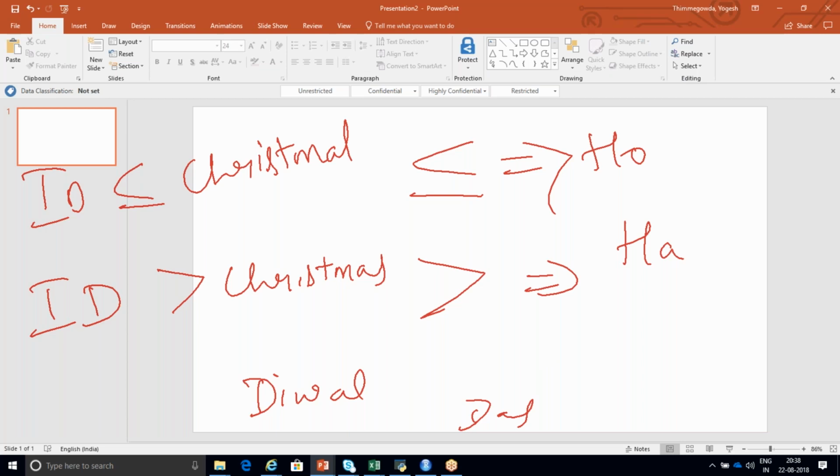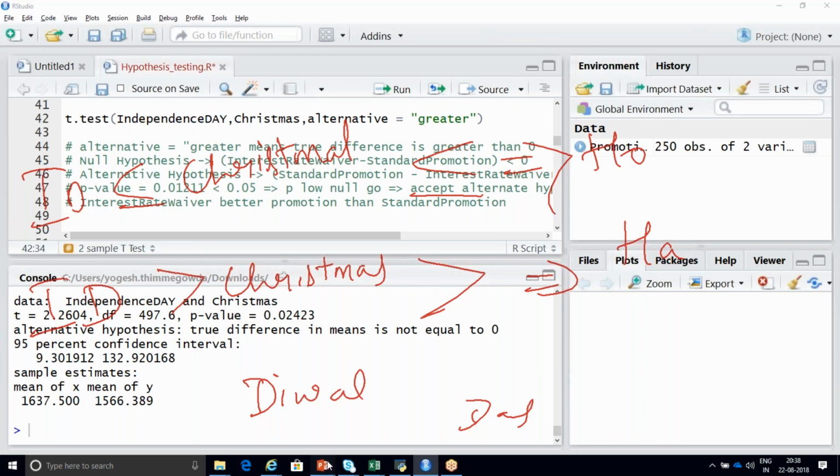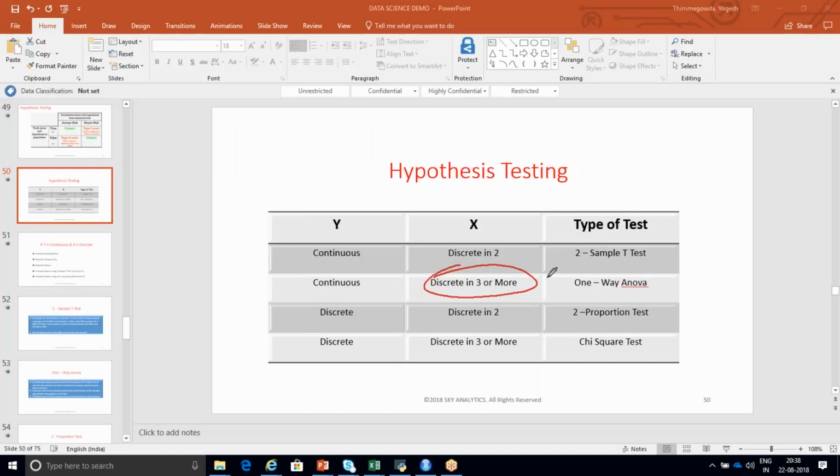See, one thing, that is the reason we have gone through this step. Don't you remember this? Discrete value is only two. If it is 3 or more, then we go for this test. Republic Day, Independence Day, Dasara offer, Christmas offer, New Year offer, any offers, you go for this test. Got it.